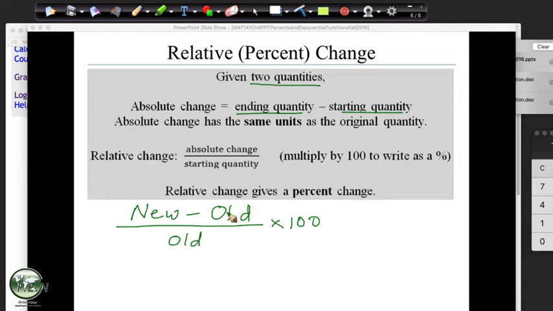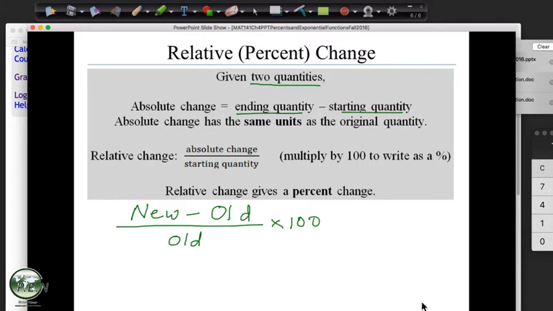But I've seen books where they switch this order depending upon whether it's increase or decrease. I say, don't worry about that. It all comes out in the wash. And when you get a negative on something, you know it was a decrease, and a positive will give you an increase. Okay, so they sort of go through the whole thing too.